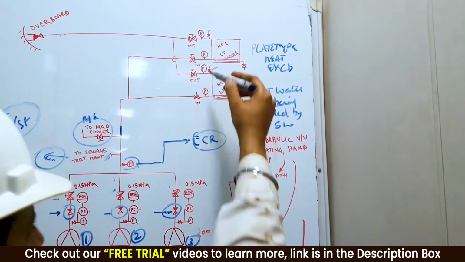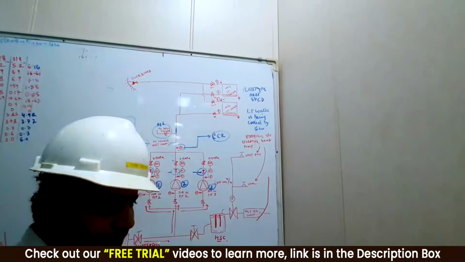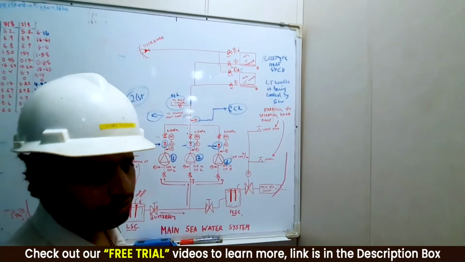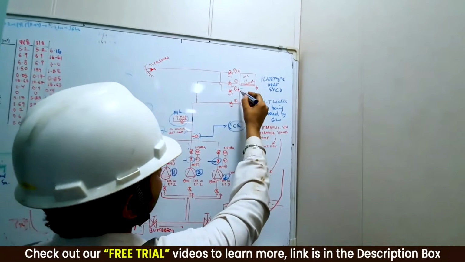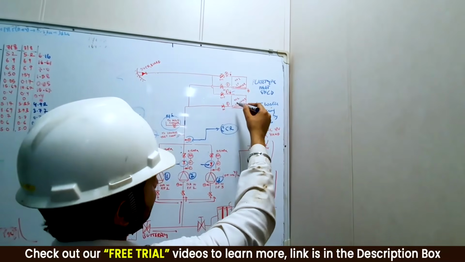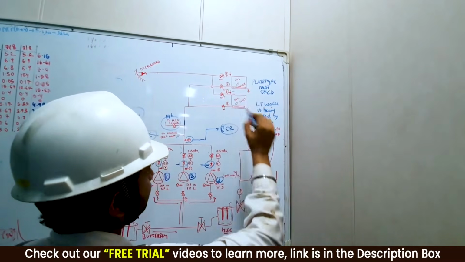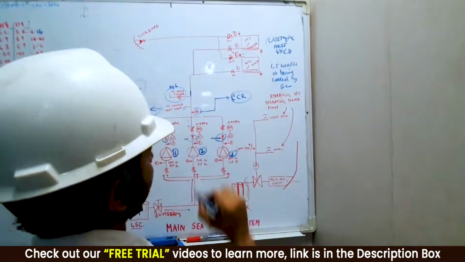Anyways, this vent is used after we have drained the LT cooler, we have cleaned the LT cooler, or we have cleaned the LT cooler filter, when we have to put the LT cooler back into use. That is the time when we have to vent the system, and that is the time when we fill the system, then we use this vent. Anyway, there are 2 pressure gauges given over here, guys.